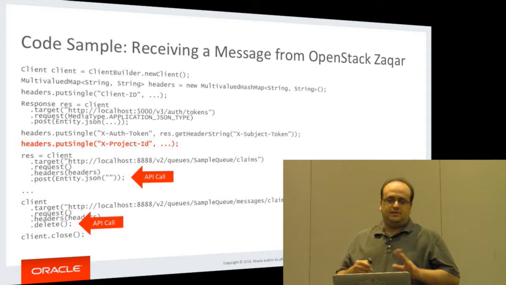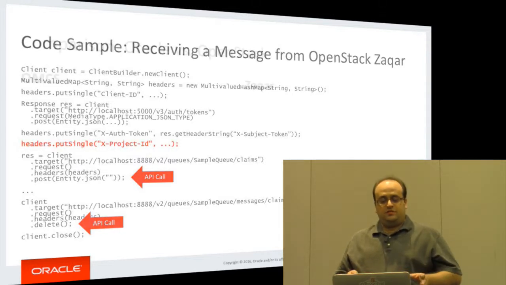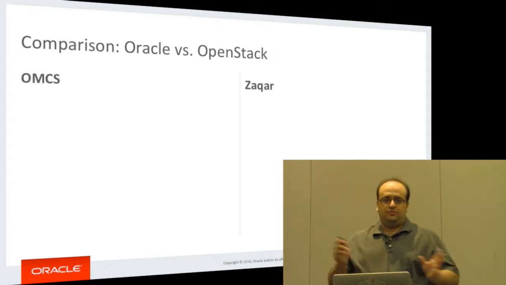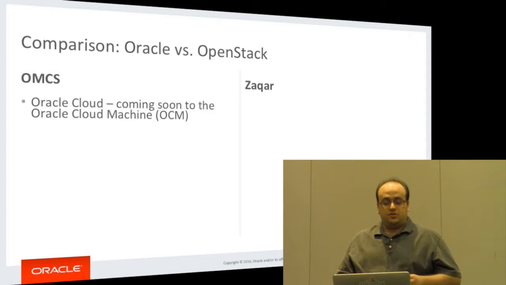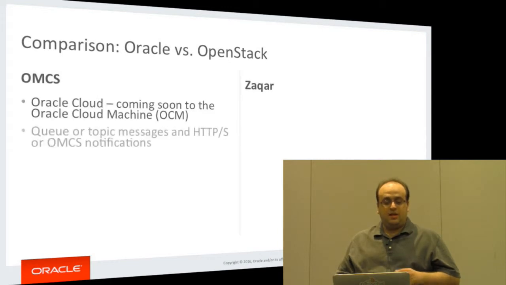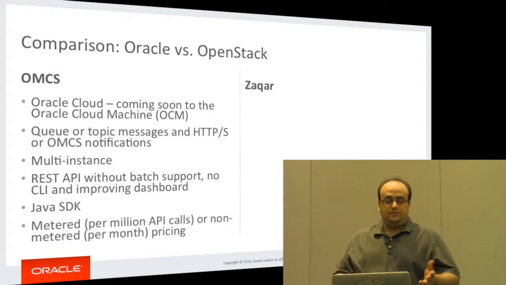But it's not like that in all of these new cloud messaging services, except one that we're going to see that is actually modeled after JMS. So for the first service that we're going to compare, and I'll have to run through those slides, is the Oracle service. So the Oracle service only runs in the Oracle Cloud. It will soon be available in private and hybrid clouds through the Oracle Cloud Machine. It supports queue and topics.